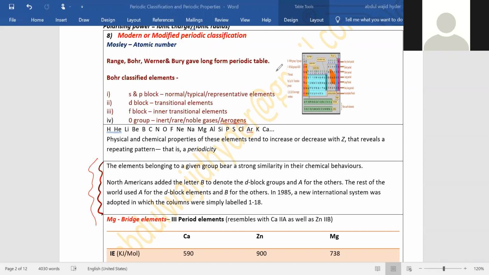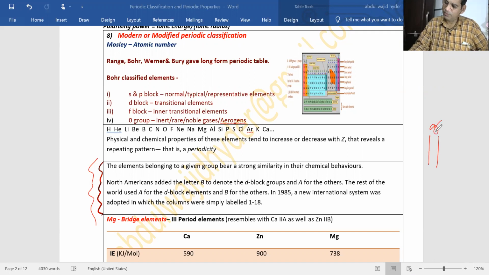Now see, this table is given here and everything related to it is written there. How many periods, how many groups, how many blocks, all this is written over there. So we'll keep on discussing the elements. See, if the group is the same, for example boron, aluminium, gallium, indium, thallium, then their physicochemical properties will also be the same. Their position will also be the same. Their properties will also be the same.